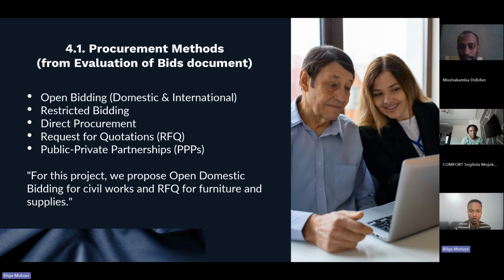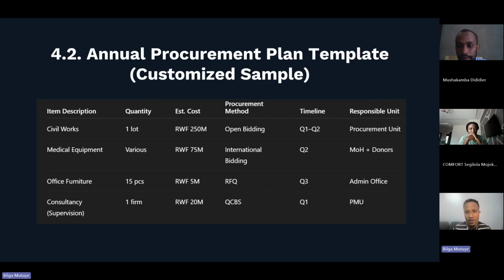And once collecting for furniture and office supplies, something like that, we prefer using a request for quotation for local suppliers and others to provide their fees and prices of these materials which will actually be needed in the project for the procuring unit to analyze them. Basically, any project will have a procurement plan, which usually sits like this,